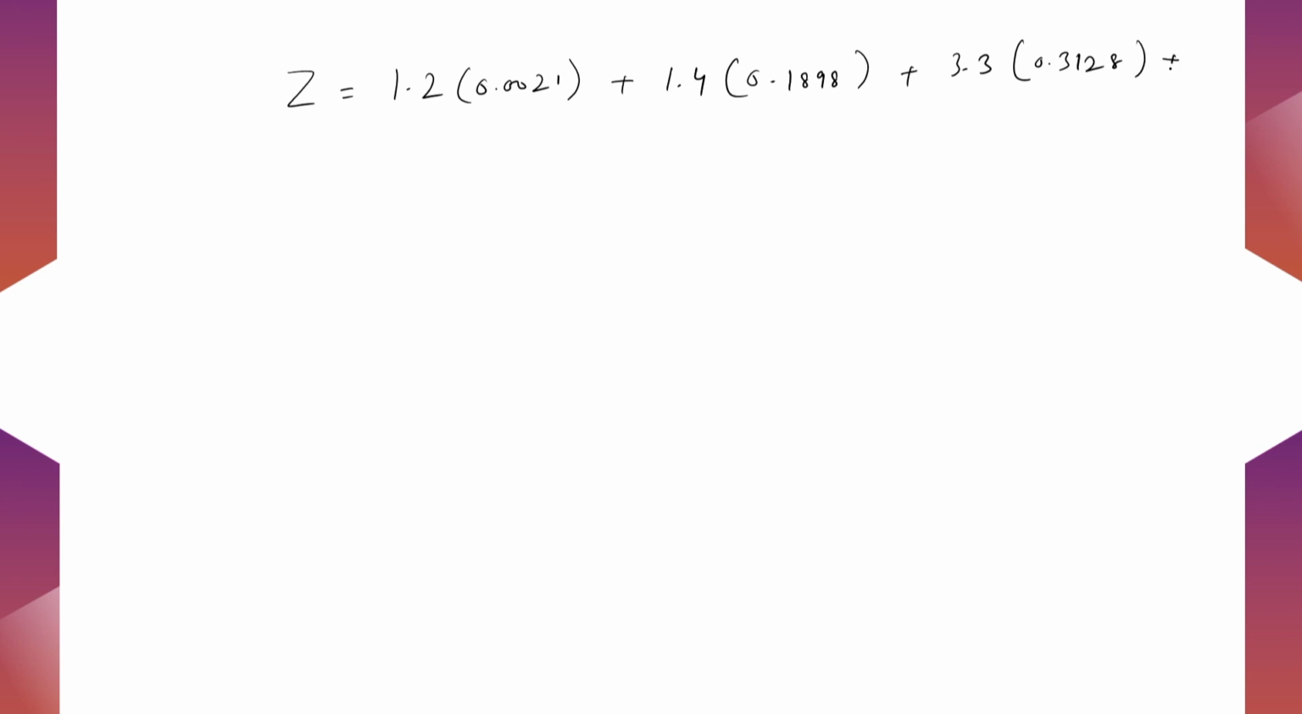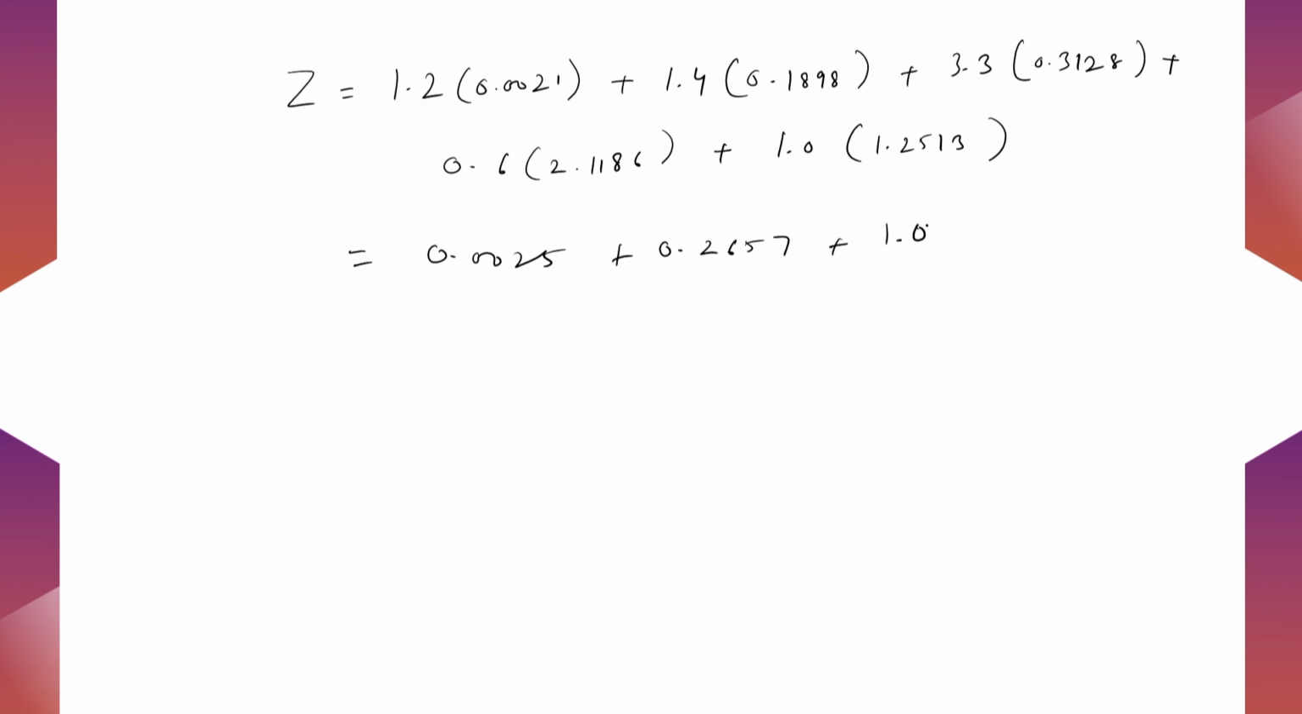plus 3.3 into 0.3128 plus 0.6 into 2.1186 plus 1 into 1.2513. So after we compute it, we reached 0.0025, 0.2657, 1.0322, 1.2711 plus 1.2513. So after adding them all, we've reached a figure of